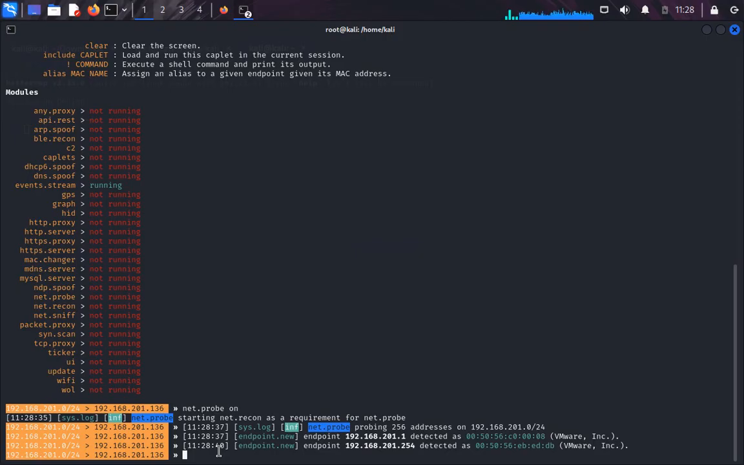Tap on enter, type help, the list of things that are running, the modules that are running. Now you can see that the only module running is our events.stream. We want our net.probe to be on. We need to set our ARP and net.sniff. Start with our net.probe, which is this. Now to get it running,